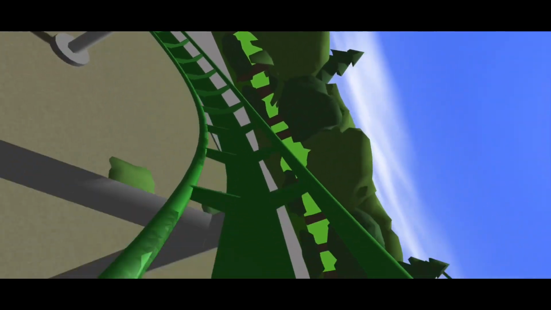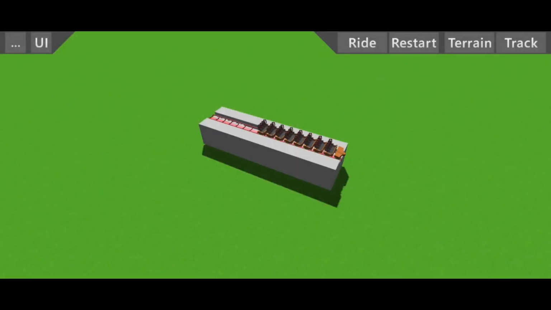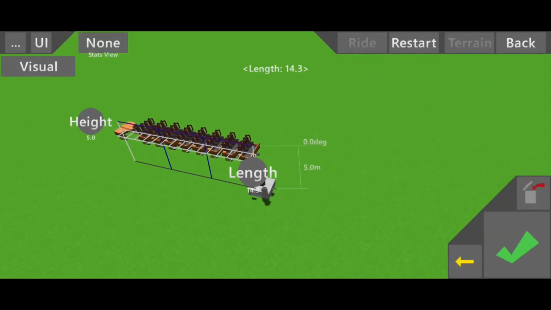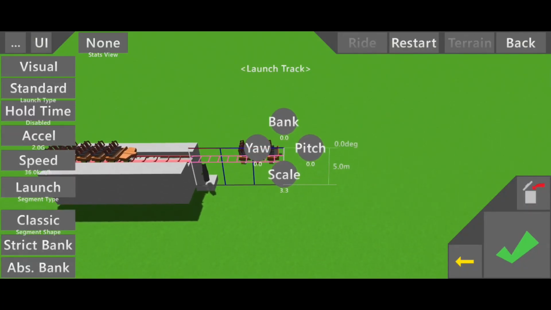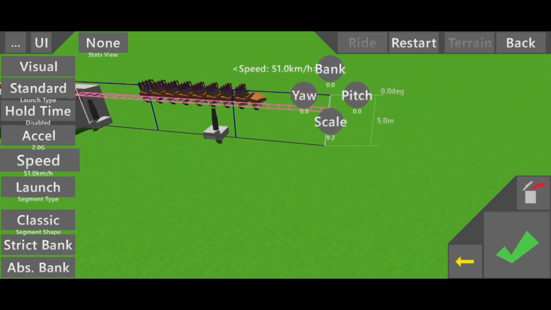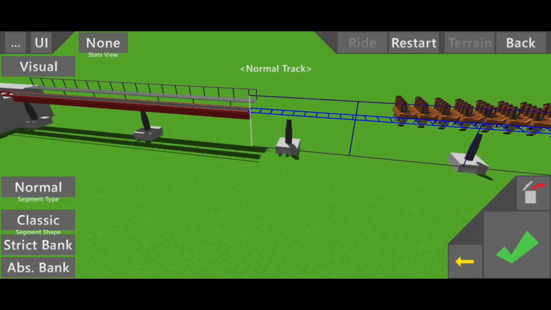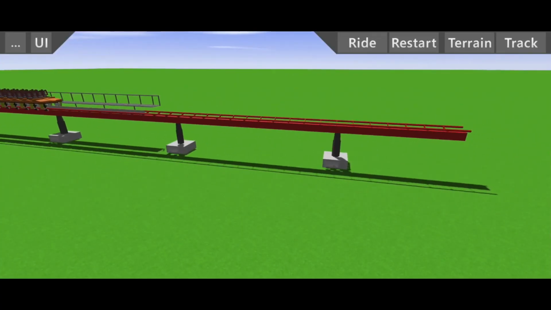when you're building. Okay, so we're gonna go in a new track and we're gonna get a launch going of some sort. So I'm not gonna push it up or anything, this is just for demonstration purposes. It's not meant to be realistic, but the first thing you should do, or what I do anyways, when you